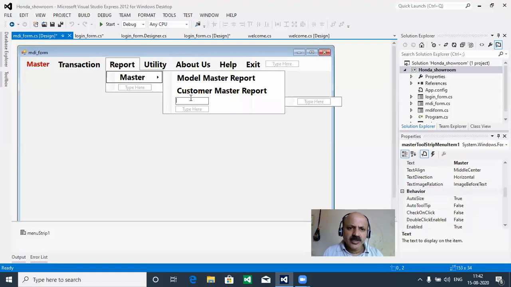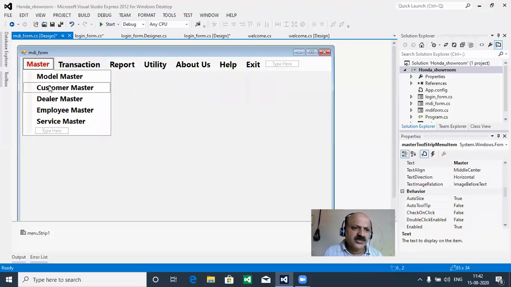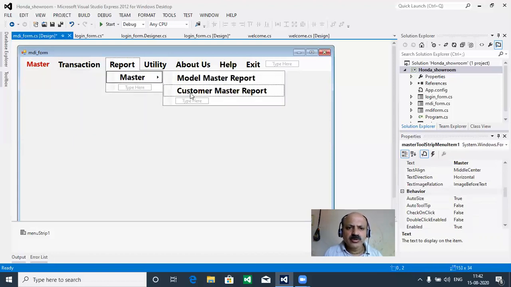Okay, now here we can take, I think, customer then dealer. So you can give your requirement. So here we can give the customer, model, and then dealer, master, and then we can check at runtime which design is proper for our requirement.